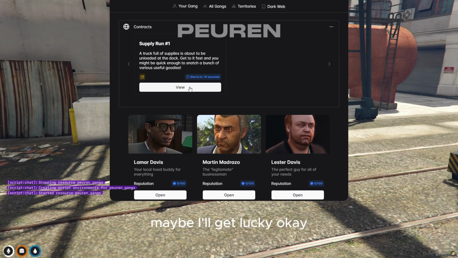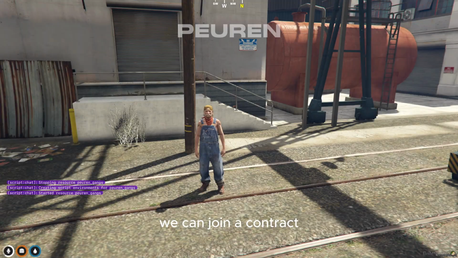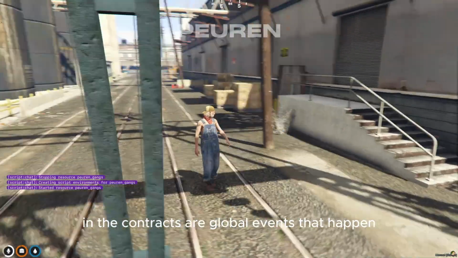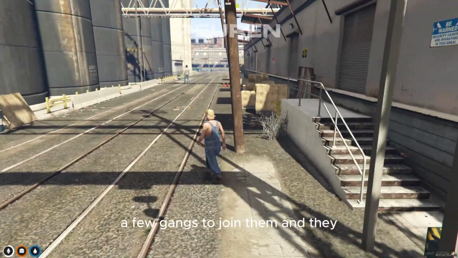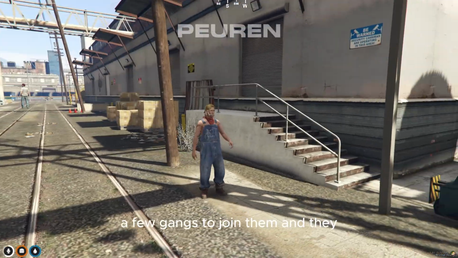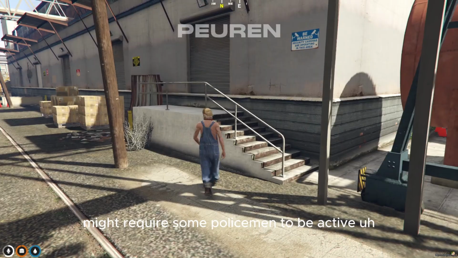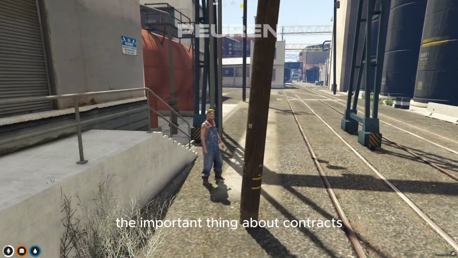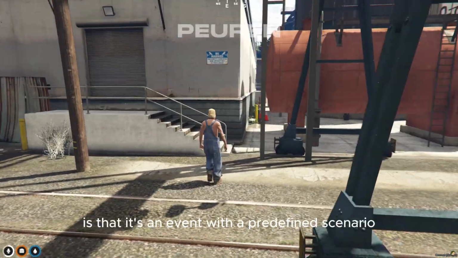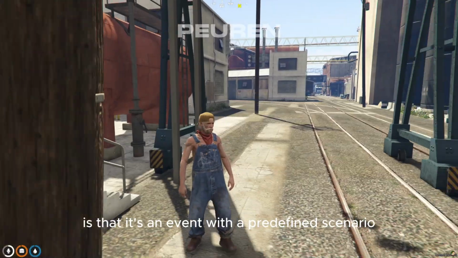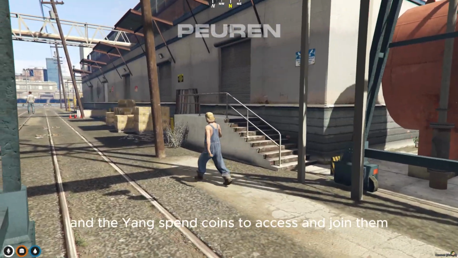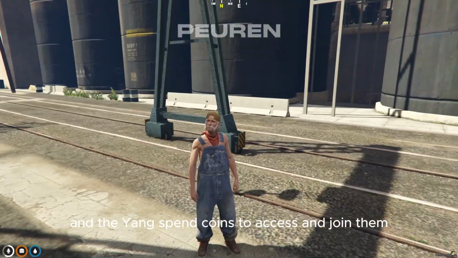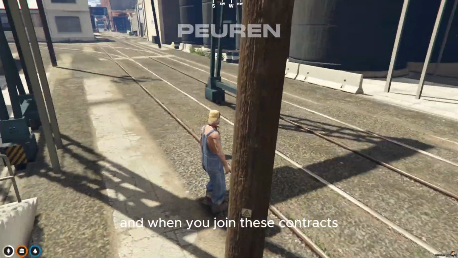Maybe I'll get lucky. Okay, we can join a contract, and the contracts are global events that happen. They might require a few gangs to join them, and they might require some policemen to be active. The important thing about contracts and the way it works is that it's an event with a predefined scenario and predefined rewards, and the gangs spend coins to access and join them. And when you join these contracts,